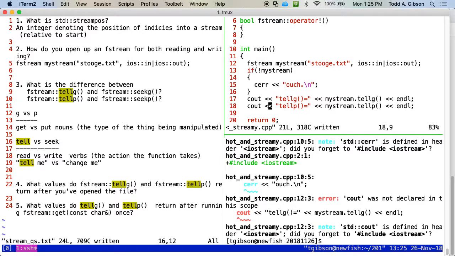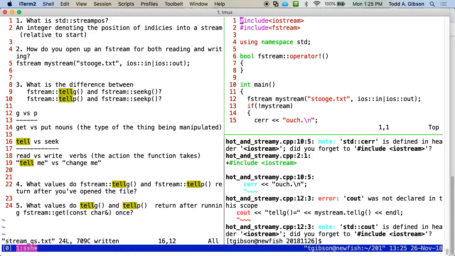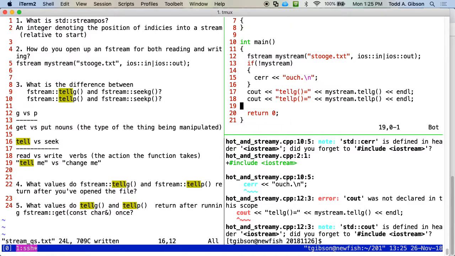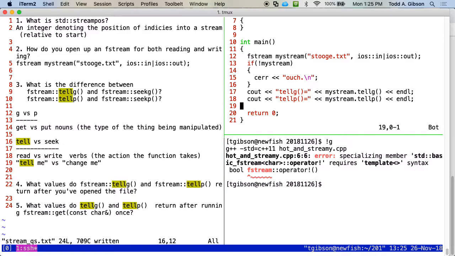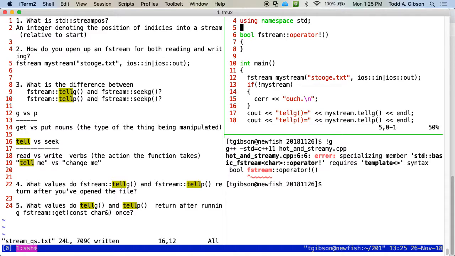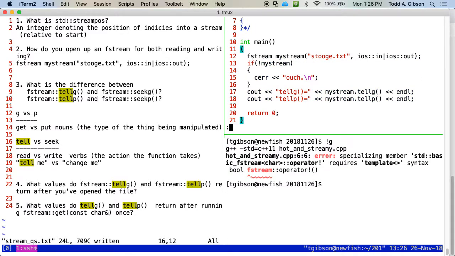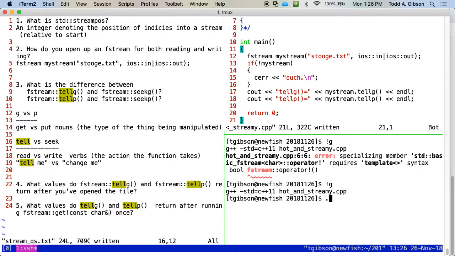All right, so let's see, what did I get, iostream, so I think that error will go away now. No, it doesn't like my, leave that there. All right.